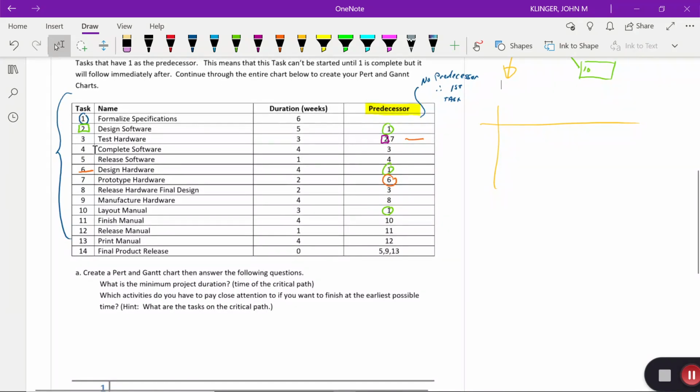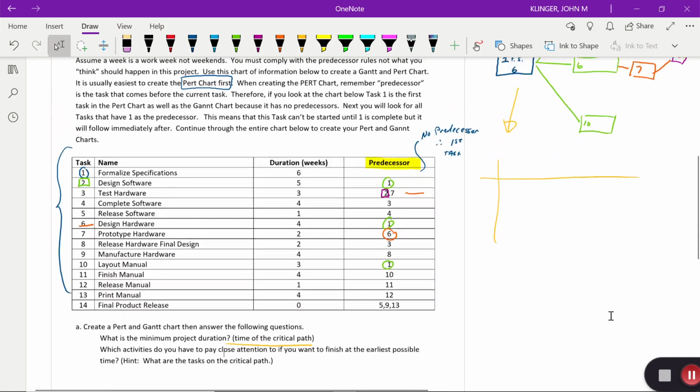Okay, and then of course you'll want to calculate what time it takes to do the duration. So this is the critical path time and what activities. So you'll list all of the activities that are on the critical path. I just want to give you that hint for doing this